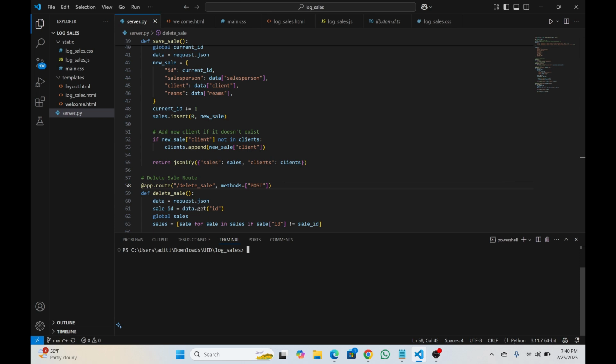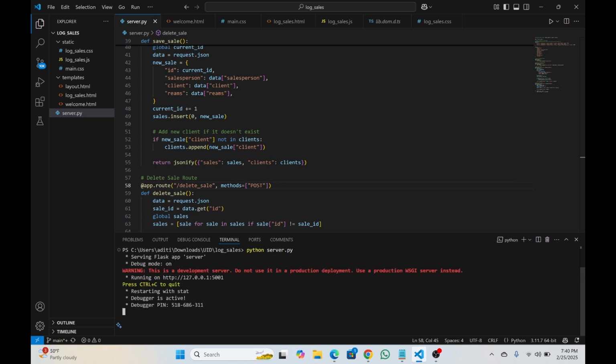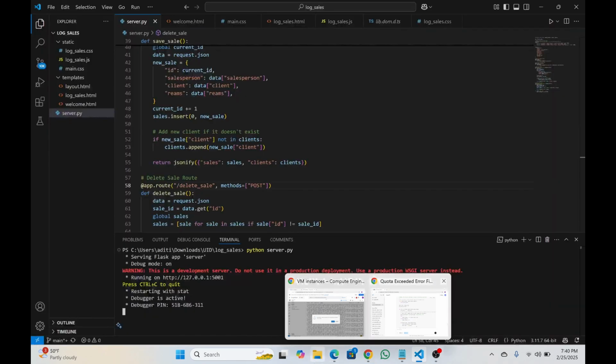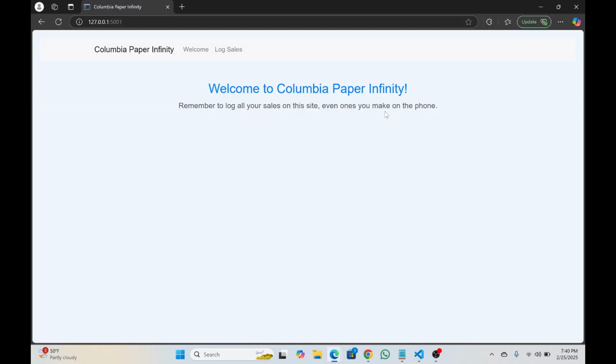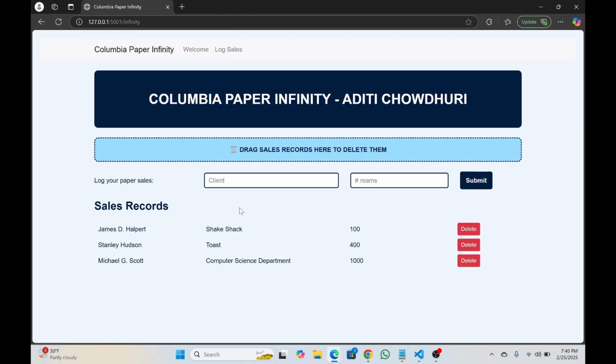First I'll start the server by running python server.py. Once I've done this, the website should load. This is the landing page, and if we go here, we see the basic 3 records that were pre-shown. Now I'll demonstrate how to quickly add a client,